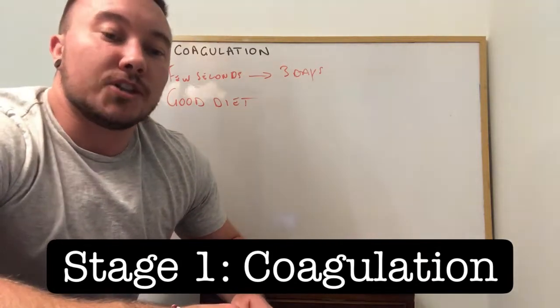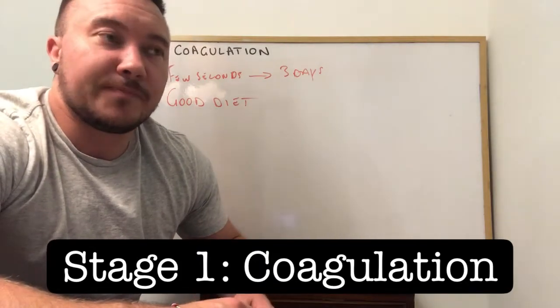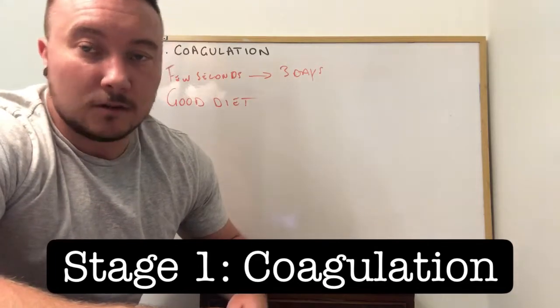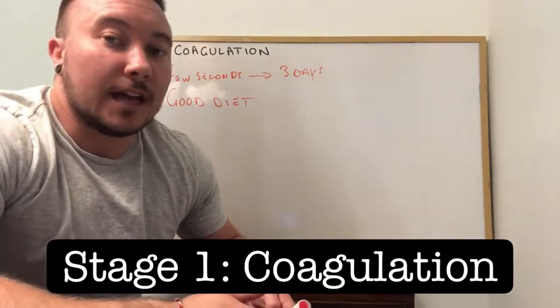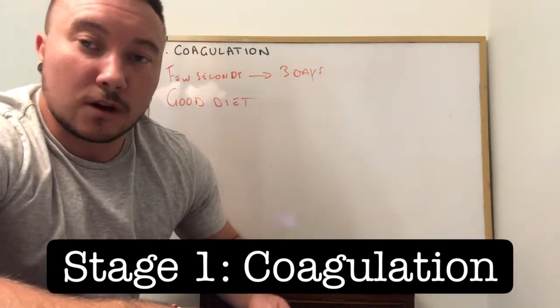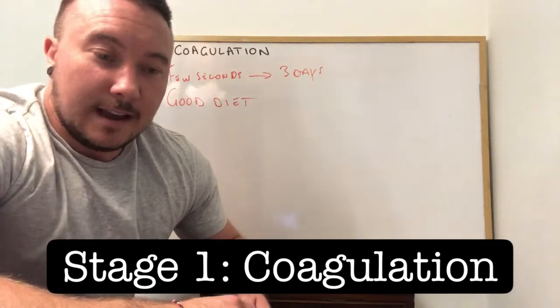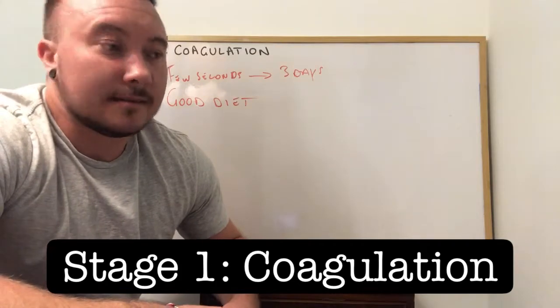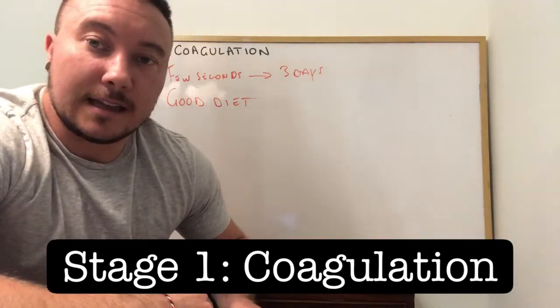And what you want to do is look at the junk first and cut it down by half. So it means if you're eating a whole block of chocolate a day or half a block of chocolate a day, you cut that down to half a block or a quarter of a block a day. Okay, and then once you've done all those things, halved your macas, halved your grains, things like that,